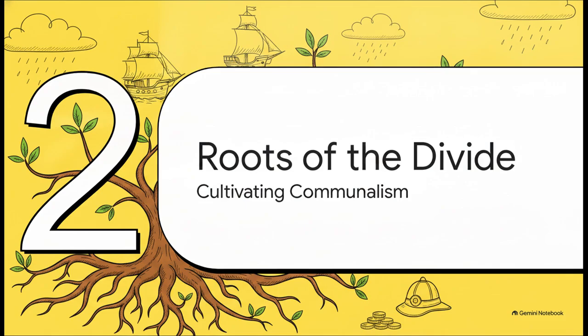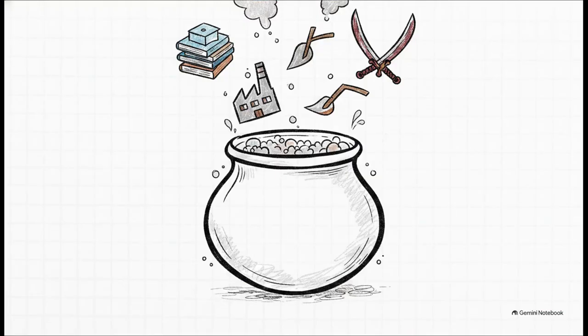Moving right along to Section 2, the roots of the divide, and how this communalism was actually cultivated. Because ideologies like this don't just magically appear in a vacuum. They need a very specific environment to thrive. And in colonial India, there was a potent mix of ingredients that allowed communalism to just explode. We're talking about basic, everyday differences in language, dress, and caste piled on top of massive economic inequality. For instance, educational development was hugely unequal between Hindus and Muslims, which let reactionary landlords keep a tight grip on